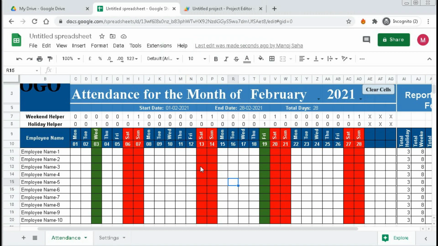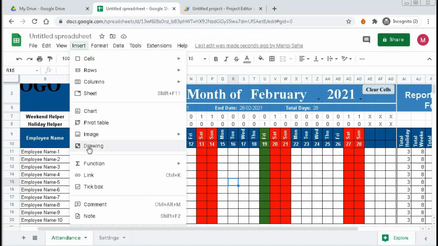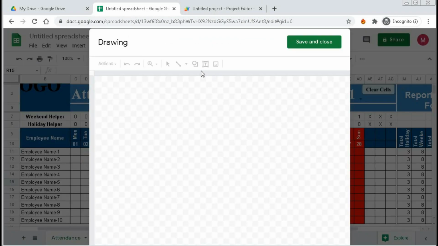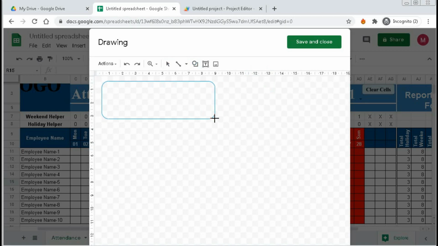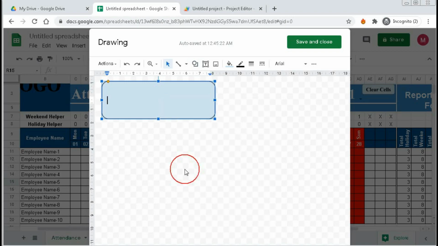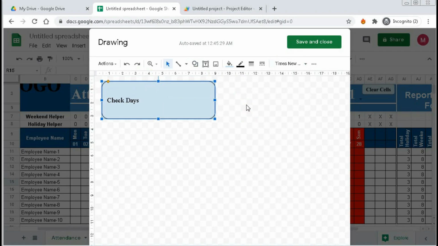So now we will create this second button. Go to Insert, Drawing. Now select the shape, this one. Select a shape, right click and edit text. Now type check days and change the font to Times New Roman.